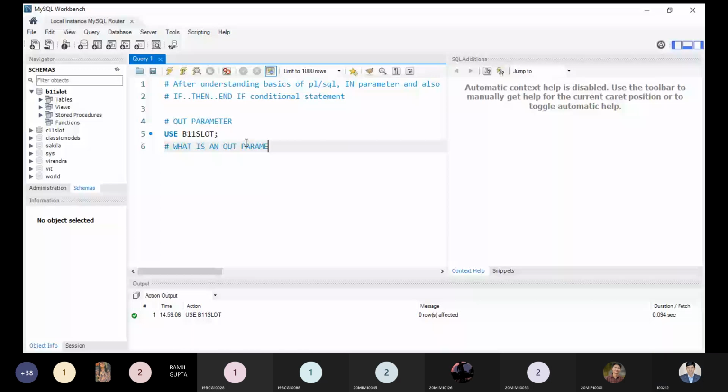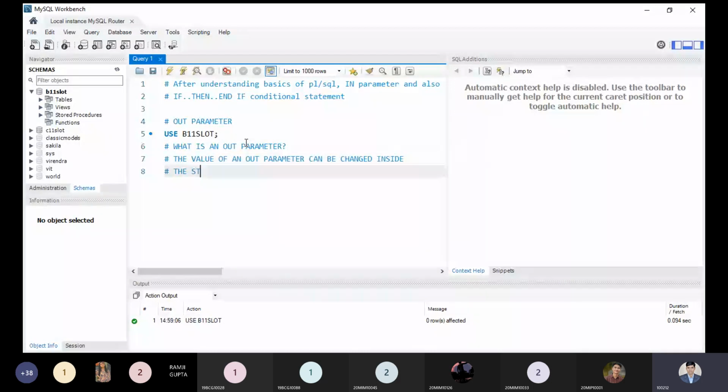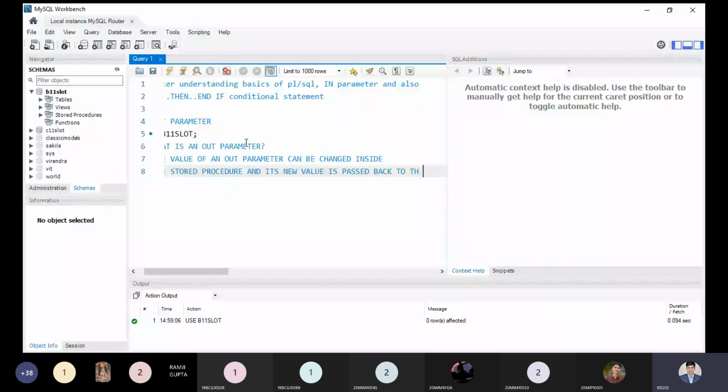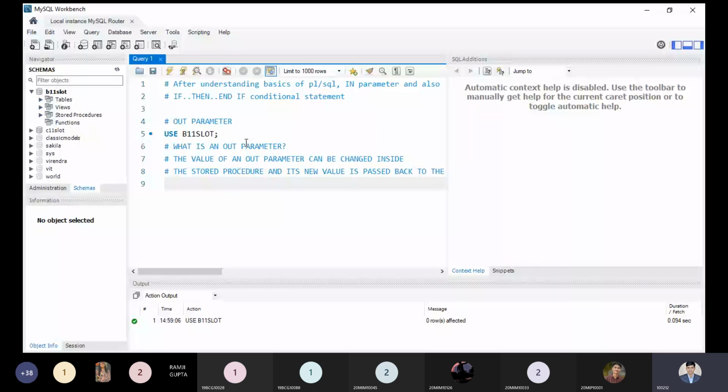The value of an OUT parameter is set inside the stored procedure, and its new value is passed back to the calling code. This is the concept we have to start from the very beginning.